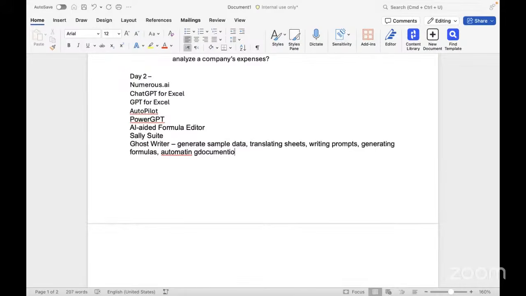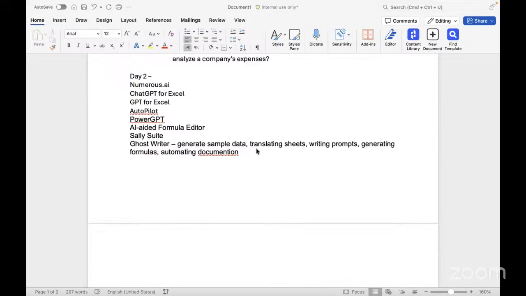Okay, for such things. It is also available in Microsoft Excel and it is available in Microsoft Word as well. Okay, where you can generate reports, you can write documents, you can create inline comments on your content, and a